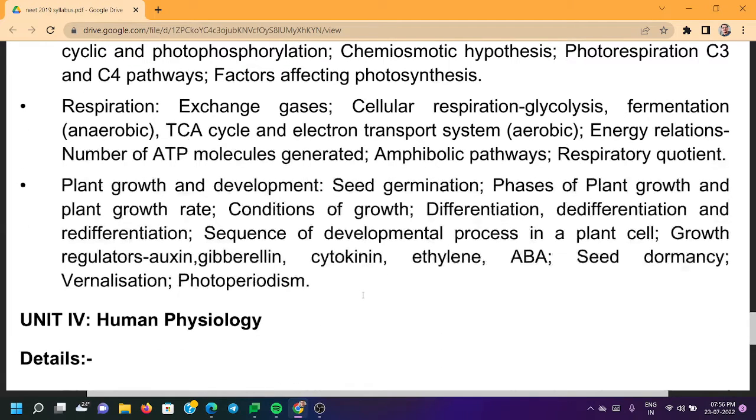Plant growth and development. Seed germination, phases of plant growth and plant growth rate. Conditions of growth, differentiation, dedifferentiation and redifferentiation. Sequence of developmental process in a plant cell. Growth regulators: auxin, gibberellin, cytokinin, ethylene, ABA, seed dormancy, vernalization,